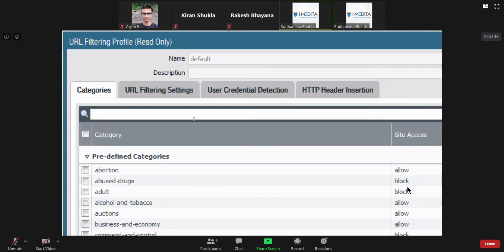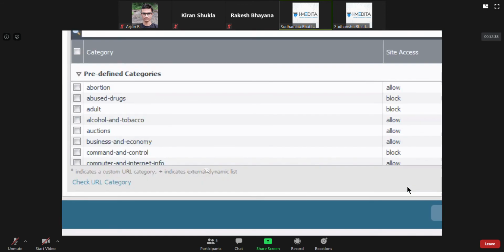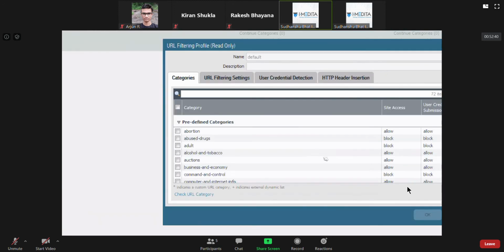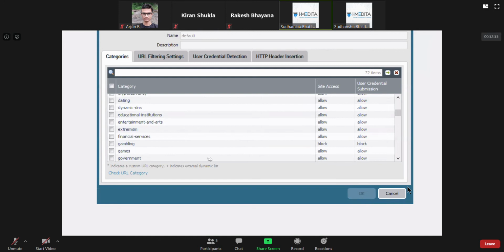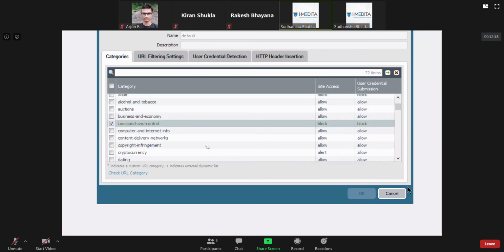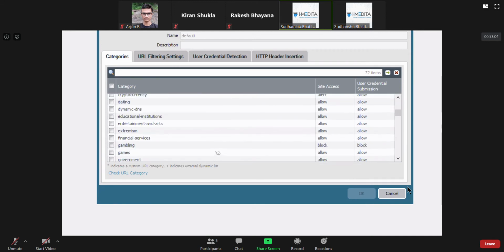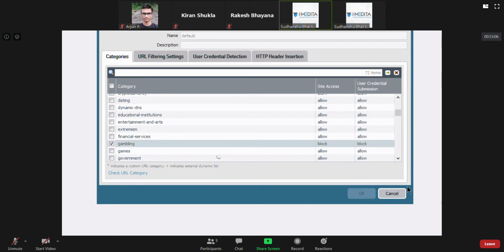corporate network. Unless maybe we are a Colombian drug lord running the company, no company would want people to have access to drug and abuse websites, or adult content websites, or command and control websites, or gambling websites.